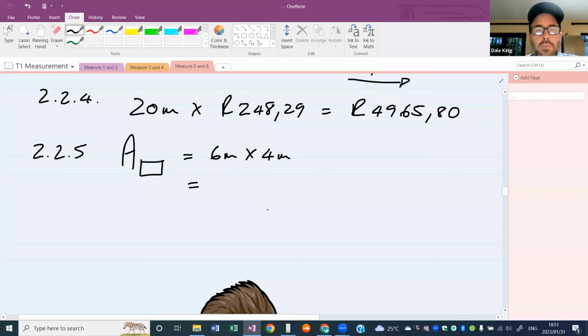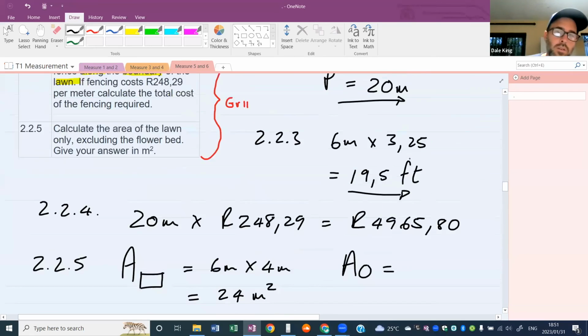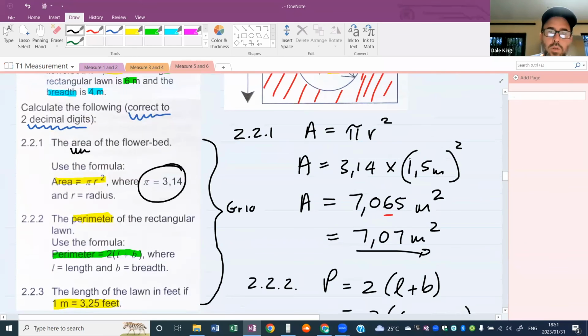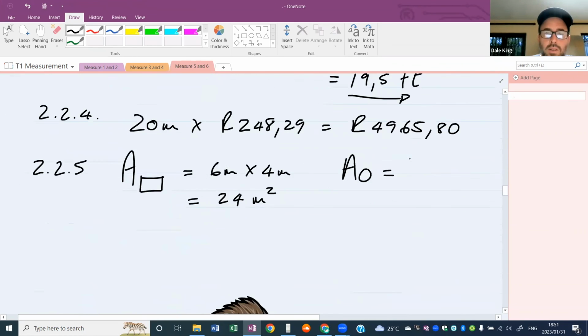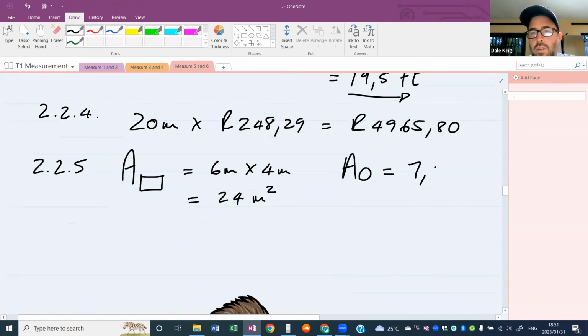And that'll give me 6 times 4, 24. And area is always in meters squared. Now the area of the circle, it just so happens, for question 2.2.1, we've done it already. It's 7,07 meters squared. So to find the area of the lawn only, you take the rectangle and you minus the